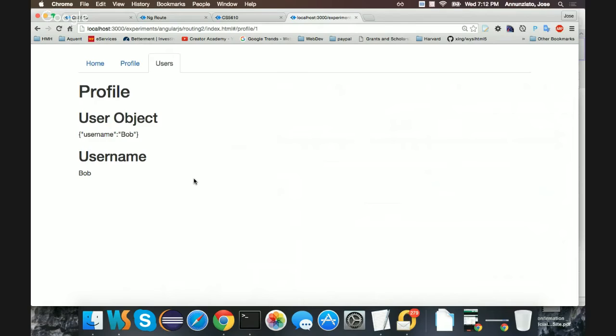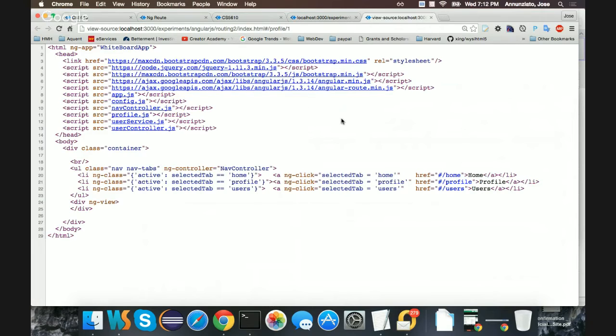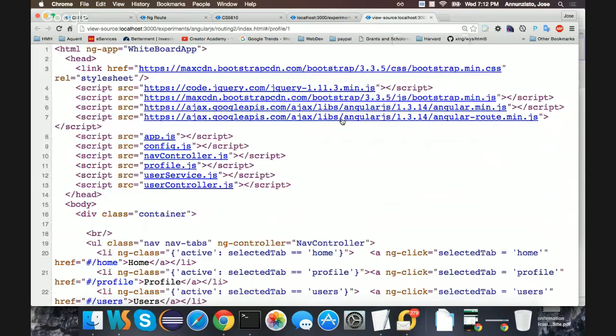So how do we do this? How do we have two controllers access a shared piece of data? Let's look at the page source. To accomplish this, we're going to have two controllers. One is going to be the user controller, and the other one is going to be the profile controller, although I didn't follow my naming convention. The user controller is going to retrieve data, the entire list of users, and the profile is going to retrieve only one of these users. Make sense? So how do we do this? To share data amongst controllers, the approach